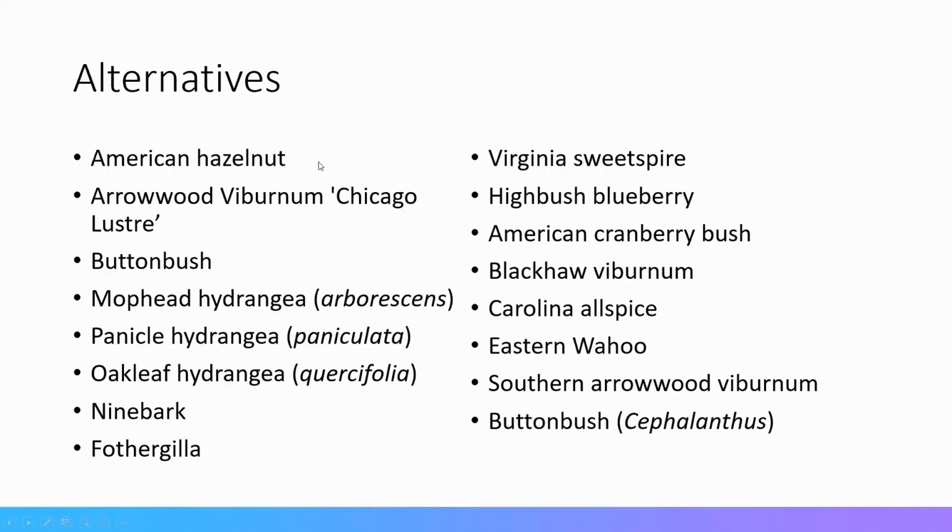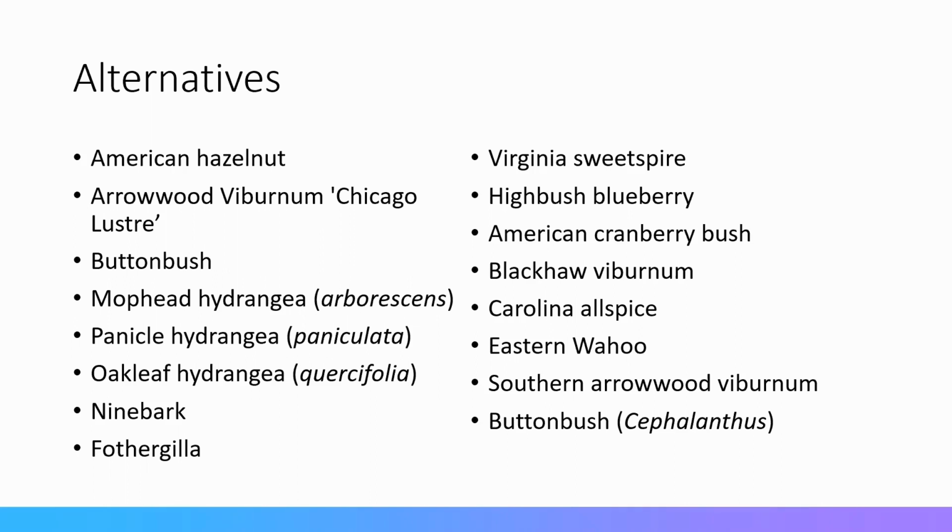There's a lot of alternatives to this one, and I would argue alternatives that are more than just one-season plants. What I have been experimenting with more is American hazelnut. I think this is an underutilized native shrub. Hopefully there'll be some more cultivars out there, but I have enjoyed growing American hazelnut in my yard. It's a little bit unruly, but it's been fun. And things like buttonbush, we'll see pictures of that. Hydrangeas, all of the hydrangeas out there, arborescens, paniculatas, and quercifolias, those are great alternatives to burning bush. And we look at ninebarks and fothergillas, sweetspire.